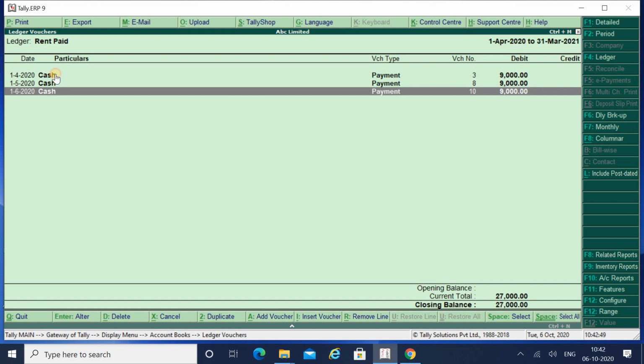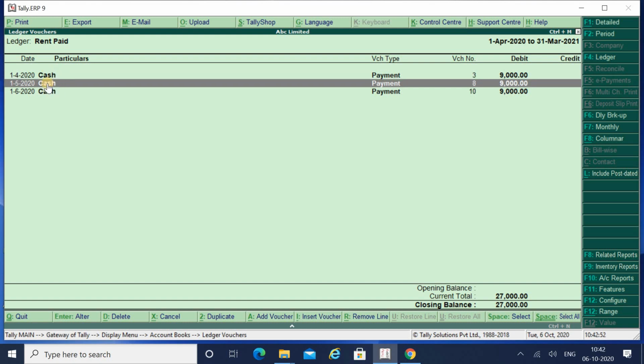You can even place your cursor anywhere on 1st April or 1st May, because to create a duplicate entry you have to keep your cursor on the entry which you want to duplicate. But as I have the same entries, I can keep my cursor anywhere. Now I'm keeping it on May.